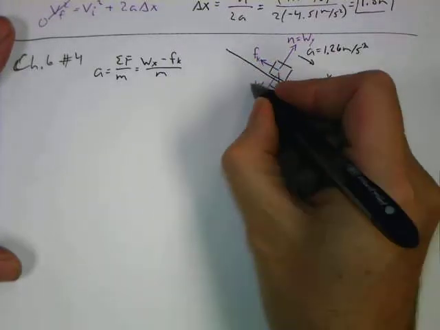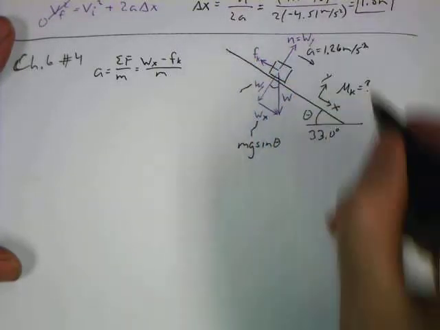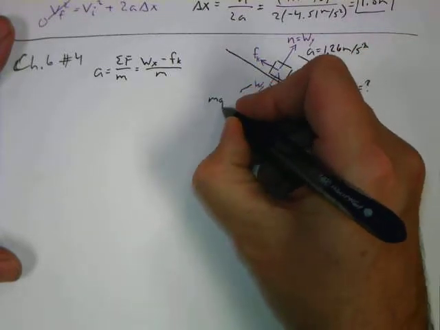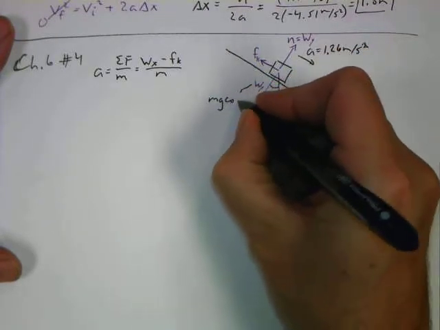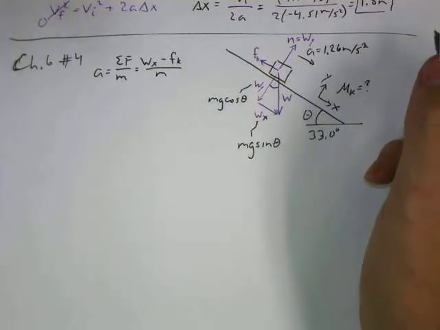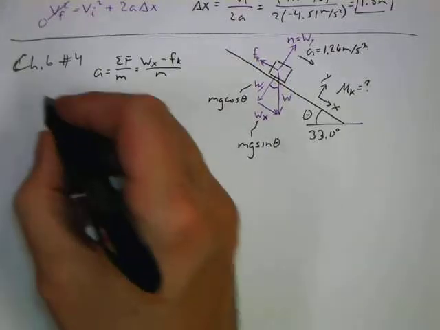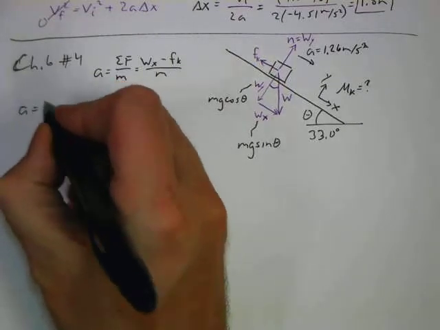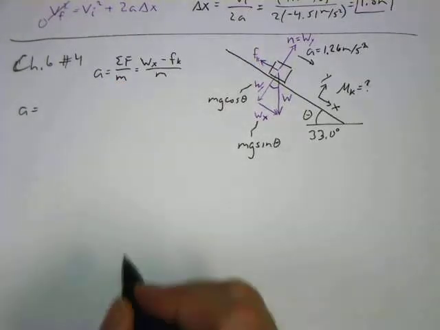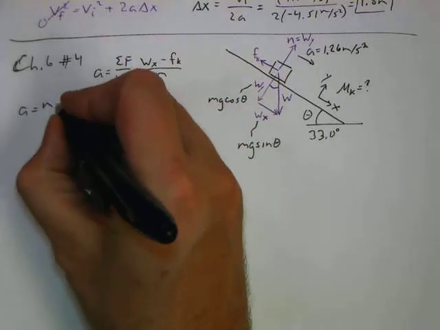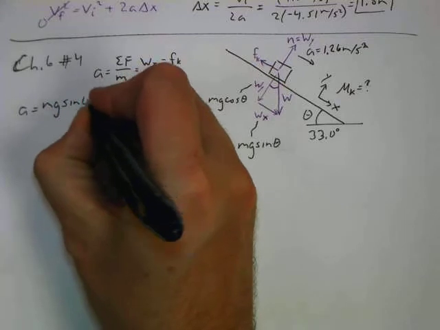My weight in the y direction, which is coincidentally equal to my normal force, is therefore going to be equal to the mass times gravity times the cosine of theta. All right, we're going to make a substitution for both of those guys up here. So my acceleration is equal to the weight in the x direction, that is mass times gravity times sine of theta,